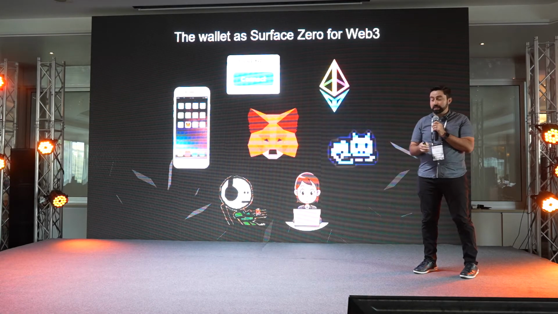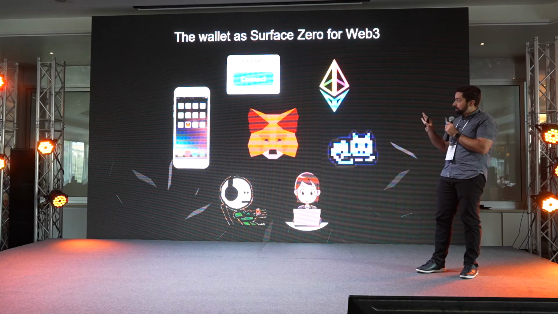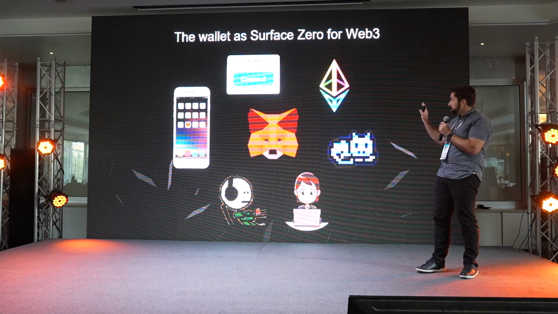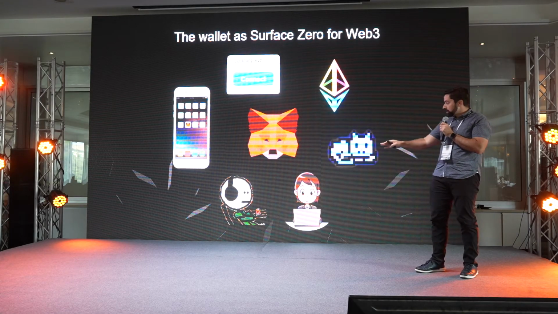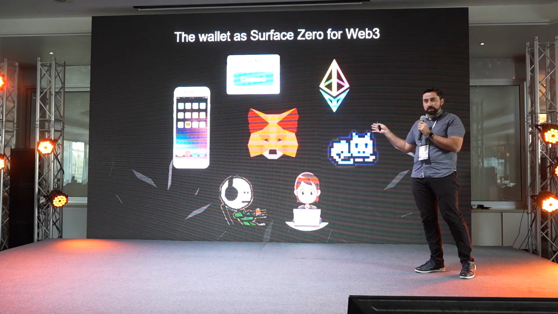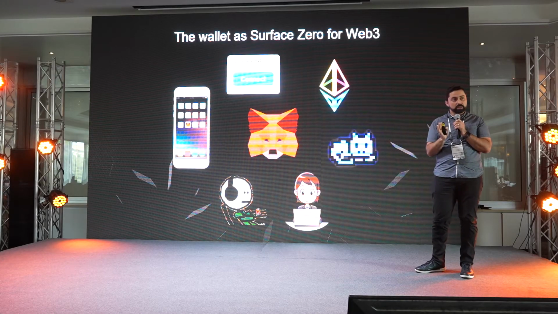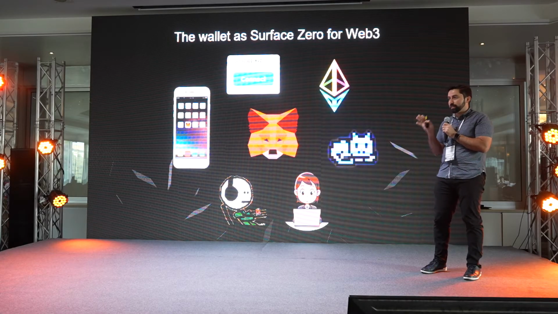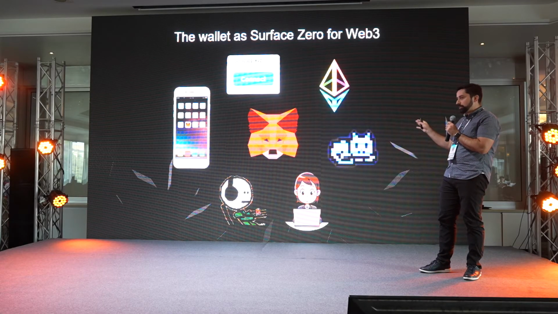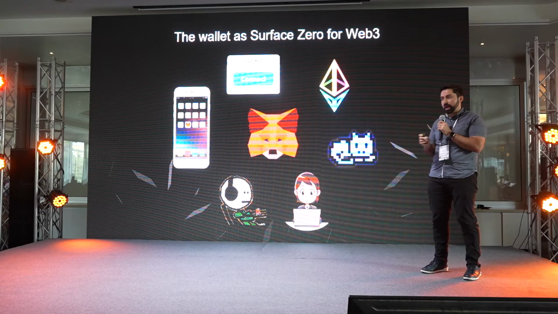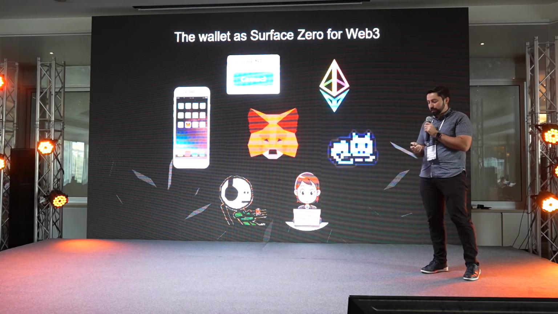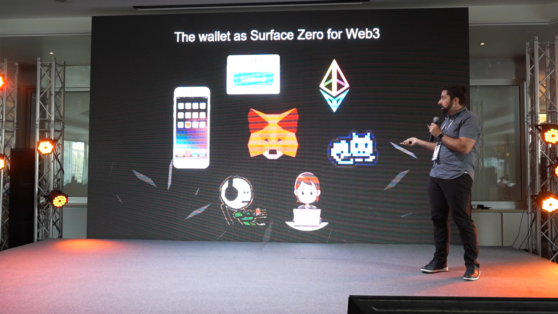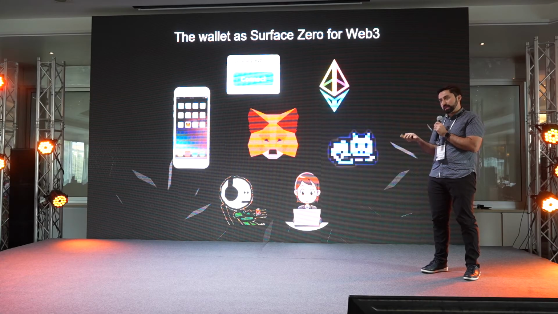And so at the nexus of applications, dApps, protocols, assets, users, and developers, we have the wallet. Okay, the wallet is surface zero. It's the center of everything that you do in crypto. Every action, every interaction that you're doing on the blockchain in the Web3 ecosystem happens first with the wallet. And so the wallet is very key to everything that you do, and it's the place where I think there's a lot of innovation that can happen.